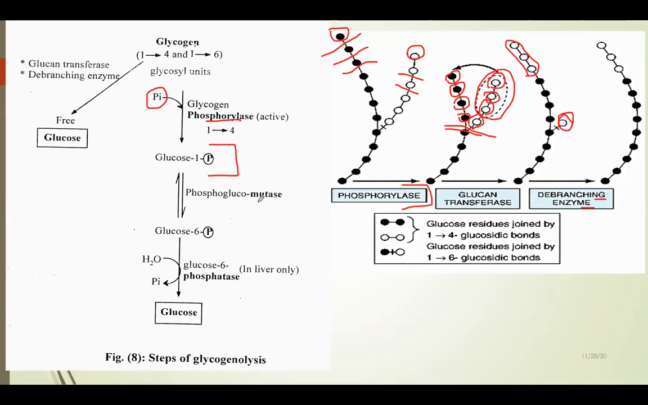And another enzyme, a mutase, will interfere. It translocates phosphoric acid from carbon number 1 to carbon number 6. Why should I translocate it from 1 to 6? Glucose 1-phosphate to glucose 6-phosphate, because the next enzyme, phosphatase, acts only on glucose 6-phosphate. The next enzyme will act on glucose